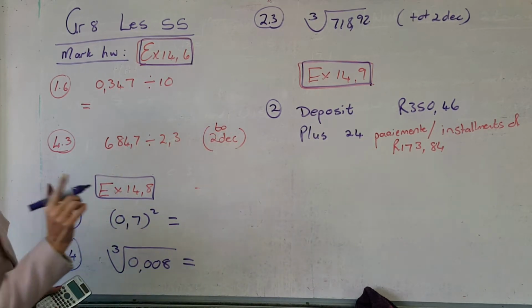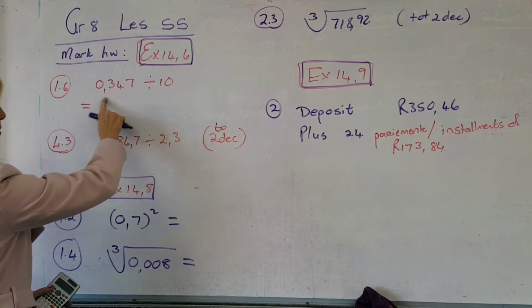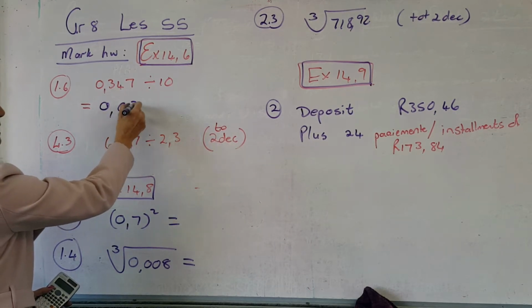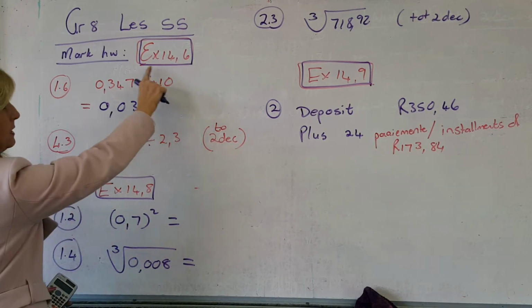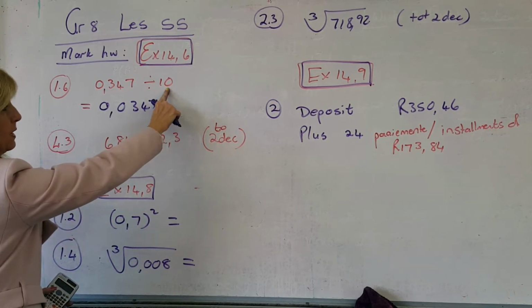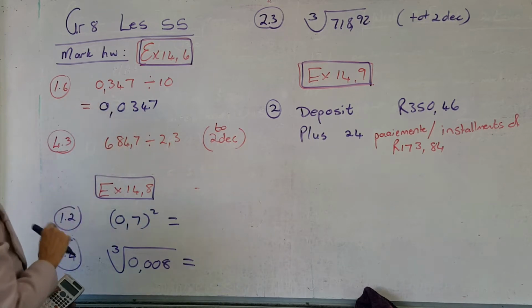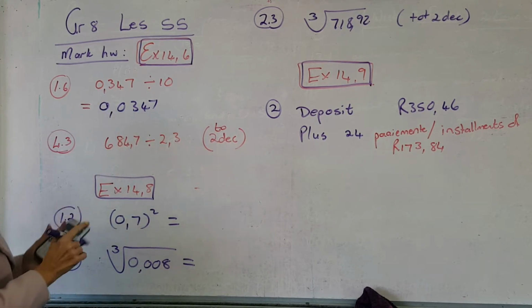Even you could have done it without the calculator, because if you divide by 10, the comma will lose one space. So jy kon dit sonder jou sakrekenaar gedoen het, want onthou, iewers het jy geleer, as jy deel deur 'n 10, dan skuif die komma 1 spasie na links. Do it on your calculator. Next one,